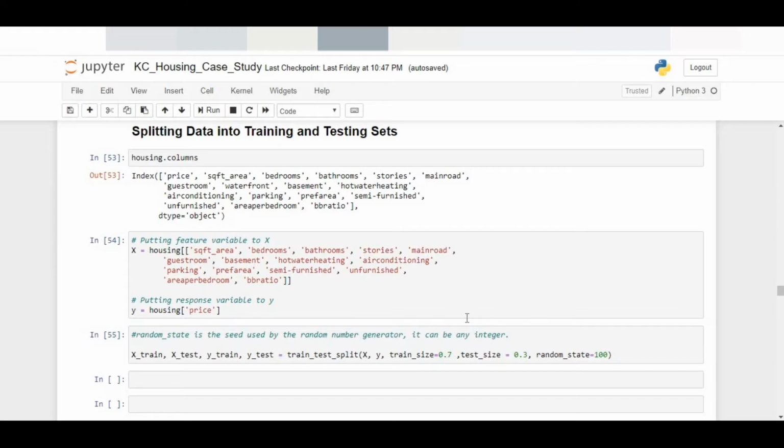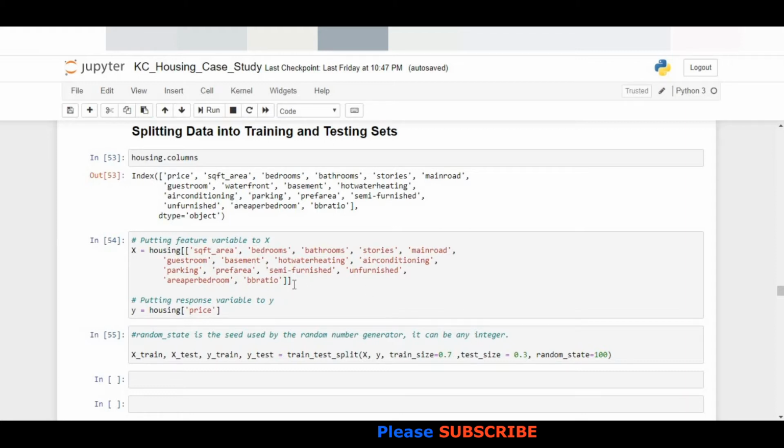Alright, so let's start with the different steps which we normally practice. For any given model, the very first step would be to split the dataset into training and testing, so that we have different records out of the same dataset. Some of the records will go to the training and others will go to the testing. Usually we split it into a 70-30 ratio: 70% of the data for the training and 30% for the testing.